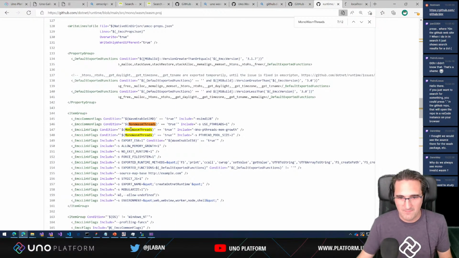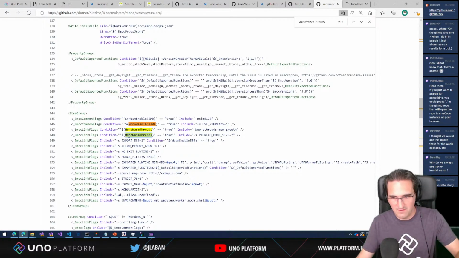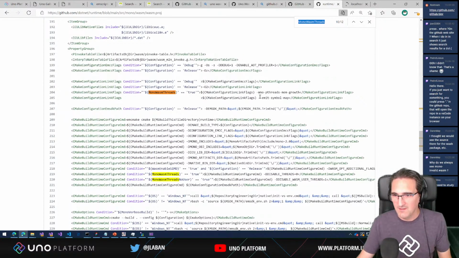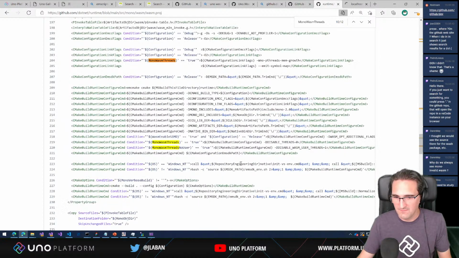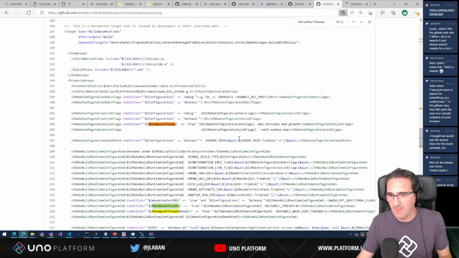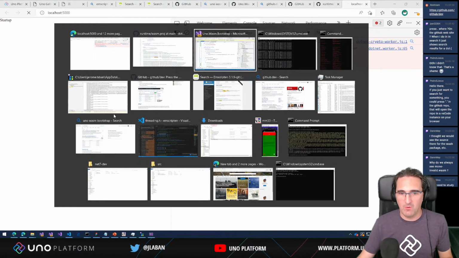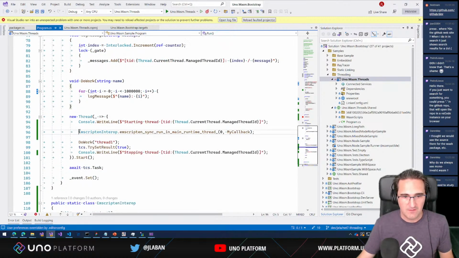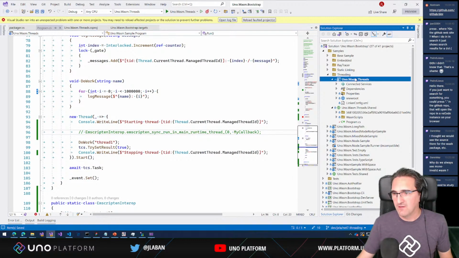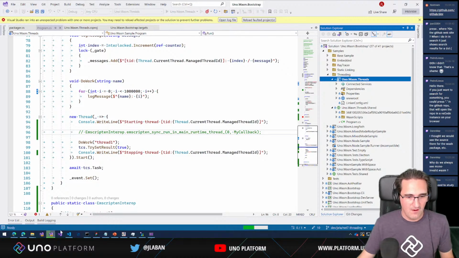So we have the thread pool size here. What do we have next? We have no mem growth here. We have disabled threads. I don't know what that one does. That one is specific to the .NET runtime, so that's probably not what we need here. So we have all the flags. So let's see, is it because we're calling something the wrong way? That could be. So if we remove this, is it working? Otherwise,